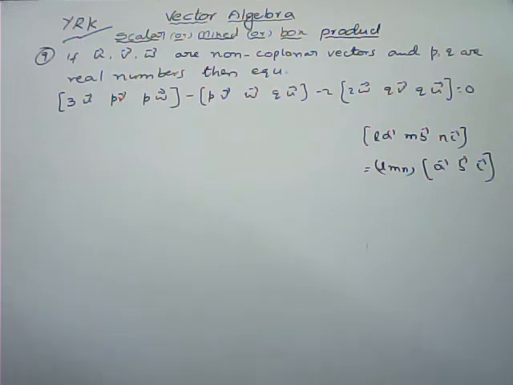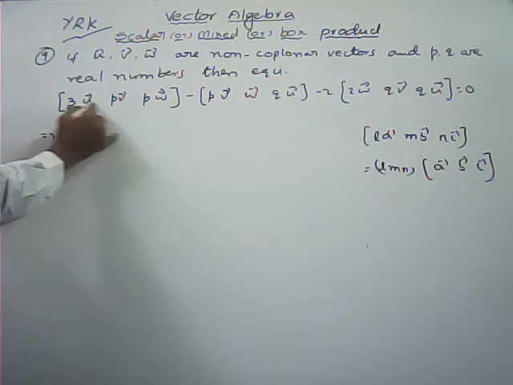And here what are the options given? First option, exactly two values of p comma q. Second option, more than 2 but not all the values of p comma q. Third option, all values of p comma q. Fourth option, exactly one value of p comma q. Those are the options. Now here you can see.